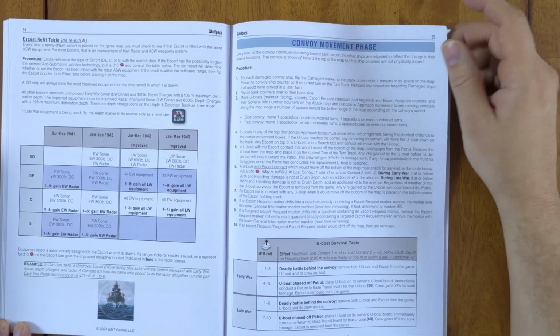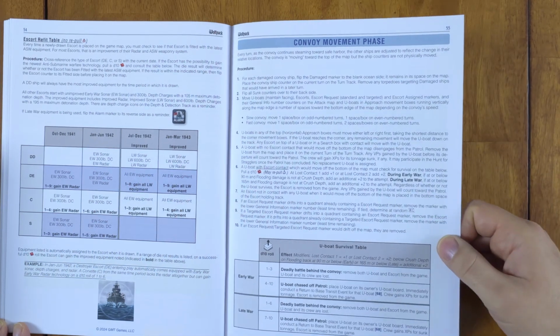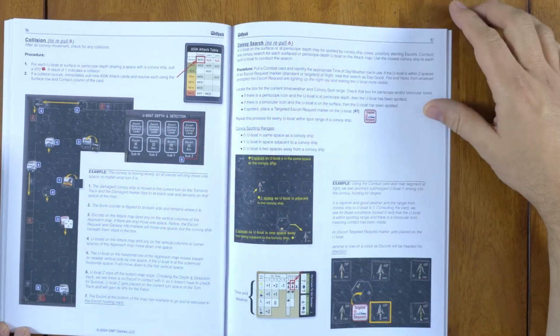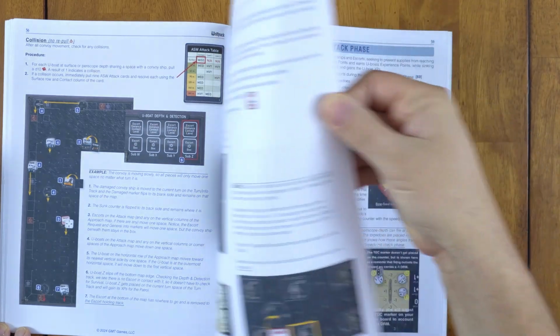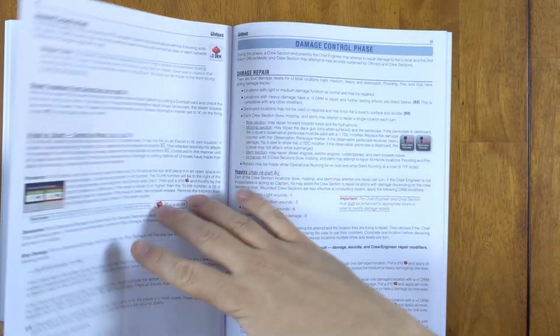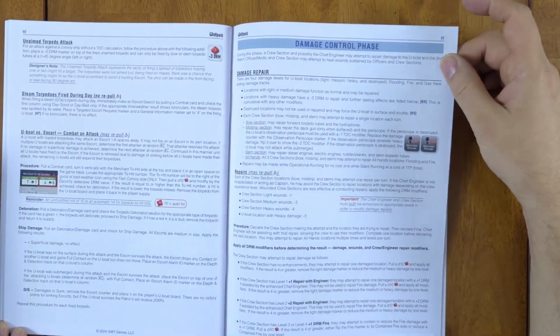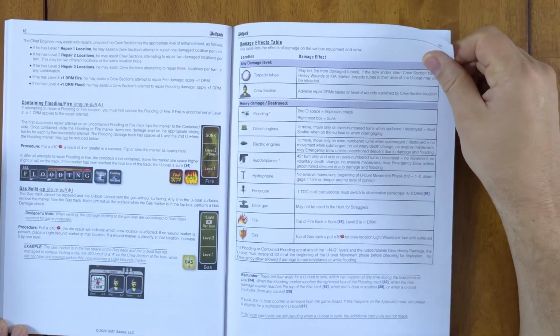And then your escort refit table. And we've got convoy movement phase, so how the convoys themselves move. Collision, convoy search. Torpedo reload, U-boat attack phase. Damage control phase, damage effect table,